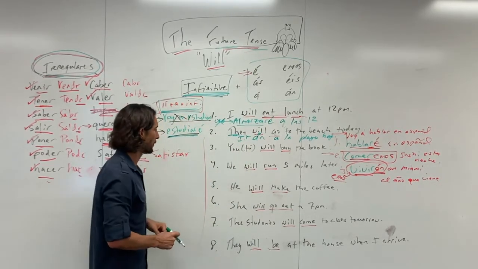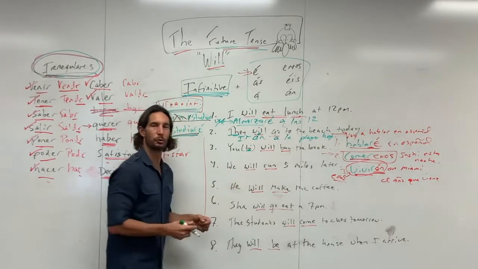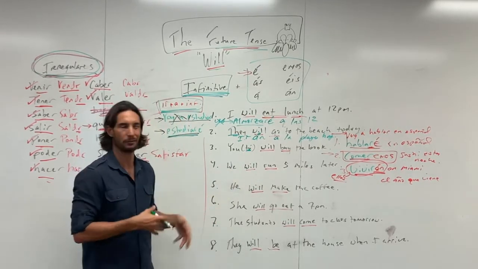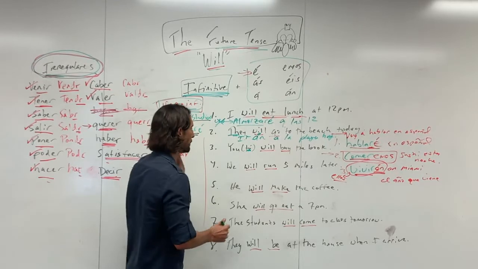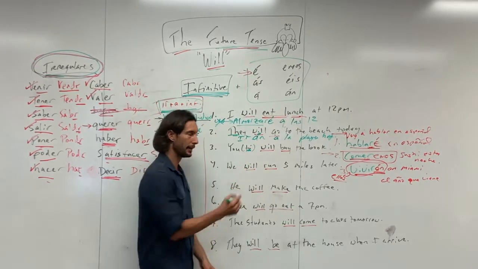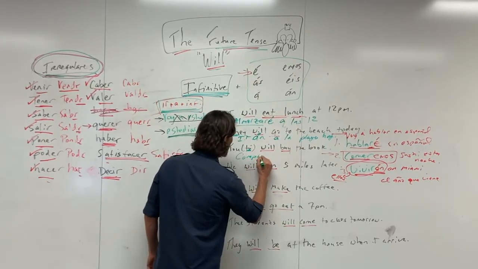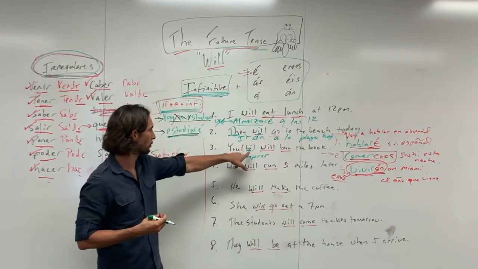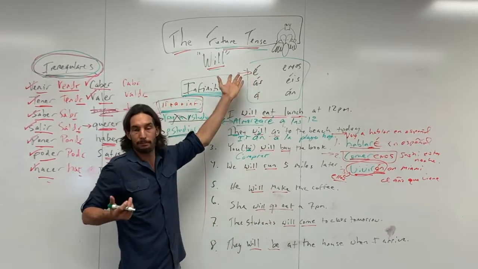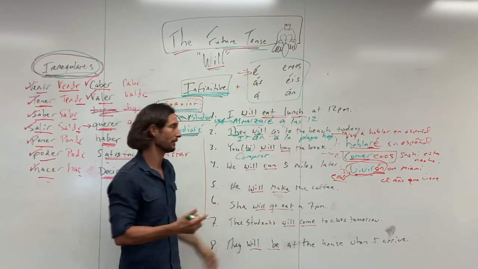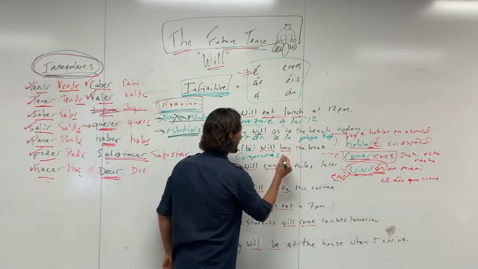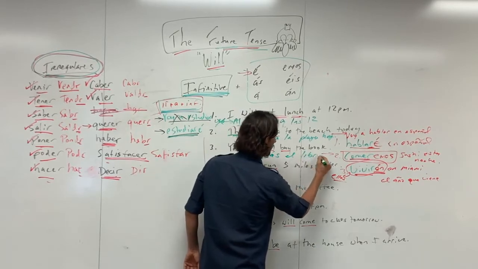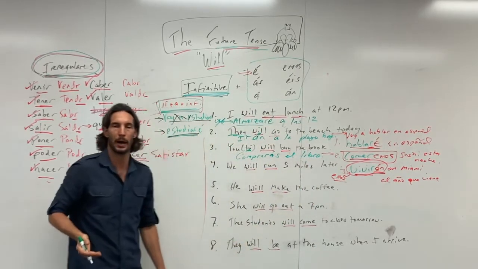So let's move on to number 3. You, and I just have "tú" there to say it's informal. So you informal, right? You will buy the book. So to buy is comprar, right? That's our infinitive, to buy. So comprar, and then we want to use "tú." So what's tú? It's con acento, ese, right? So comprarás el libro, right? No big deal. You will buy the book, right?